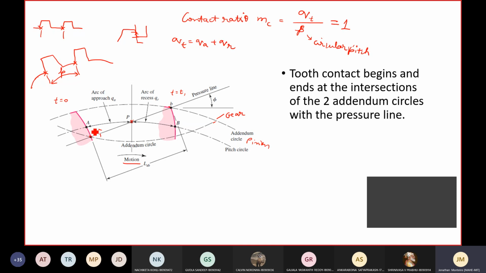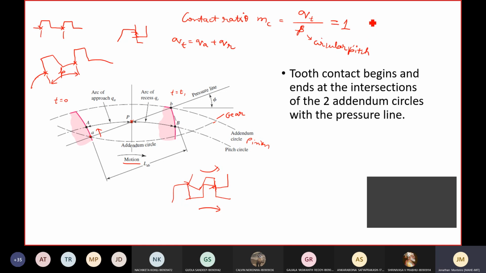Why? Because it is something like this. Say one tooth is engaged, it is about to get disengaged. Okay, suppose say this is like this, about to get disengaged. We would like one more tooth to make a successful engagement with the next set. Then what happens? The load is slightly shared between these two teeth. Don't you agree? It is not like only one tooth is responsible. So though you have stresses here, we would like to see that, even before this gets disengaged, we would like to have a successful engagement of the next set of teeth.